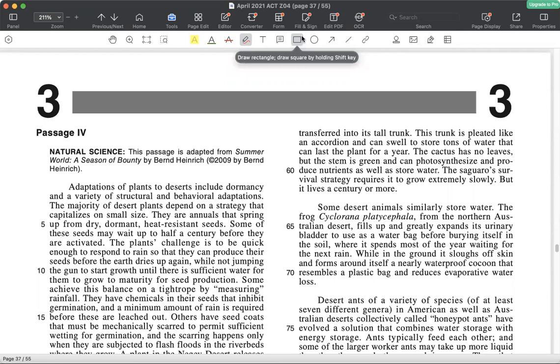Adaptations of plants to deserts include dormancy and a variety of structural and behavioral adaptations. The majority of desert plants depend on a strategy that capitalizes on small size. They are annuals that spring up from dry, dormant, heat-resistant seeds. Some of these seeds may wait up to half a century before they are activated. The plant's challenge is to be quick enough to respond to rain so that they can produce